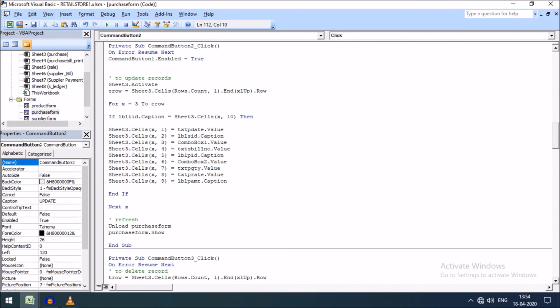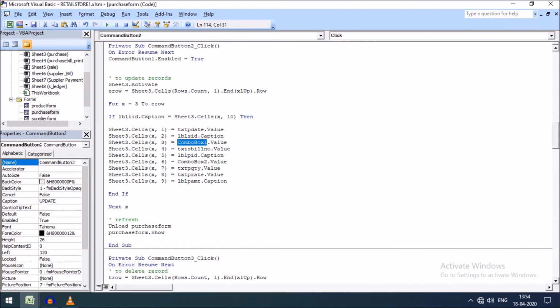Then the updation will be done. That means the values of the respective columns of sheet 3, that means column 1 of sheet 3, will take the value of this control of the user form, text pdate. Similarly, the second column will hold the value of the control of the user form, purchase user form.